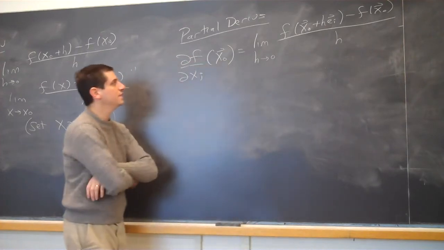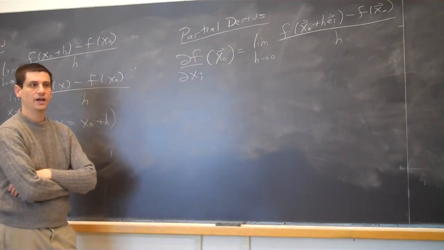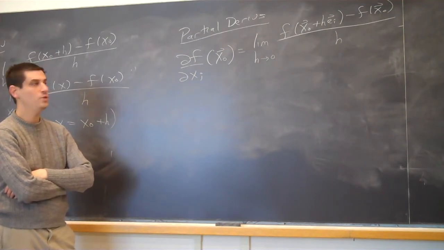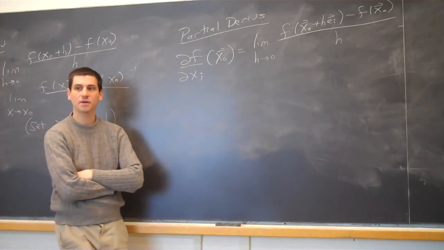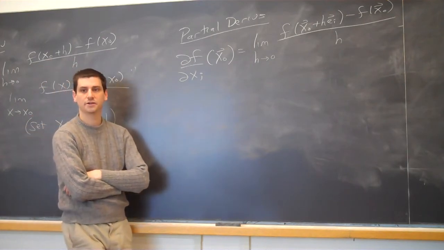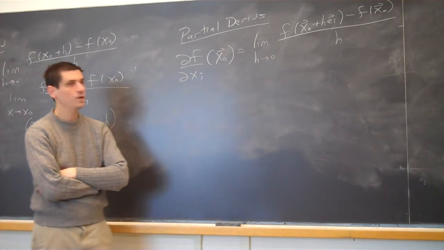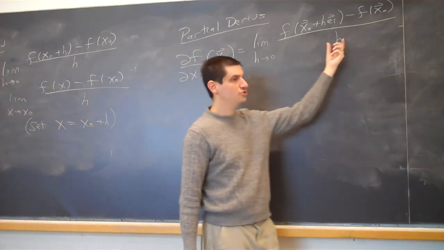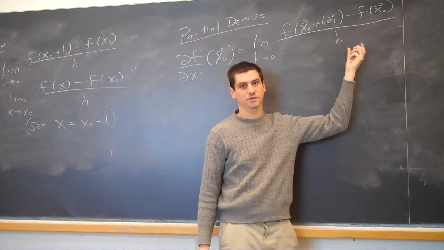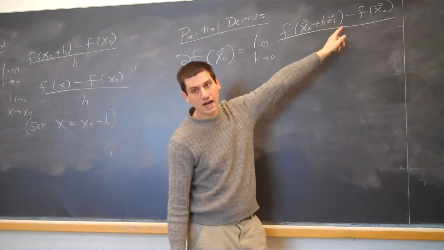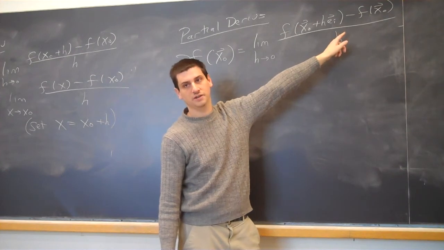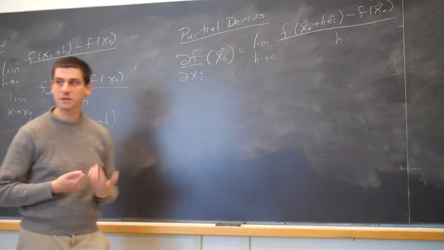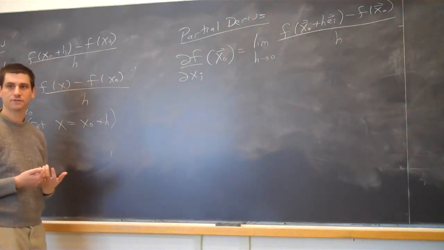So this is fine for the definition of a function for its derivative in one special direction. And we can do this for each different direction, and then somehow we want to piece things together. So that's going to be the difficulty. What's the way to piece things together? Now notice that we're dividing by h. H is just a number here. H is not a vector. The vector is h times the direction ei. H is the magnitude, ei is the direction. So you really got to keep track of where things live.